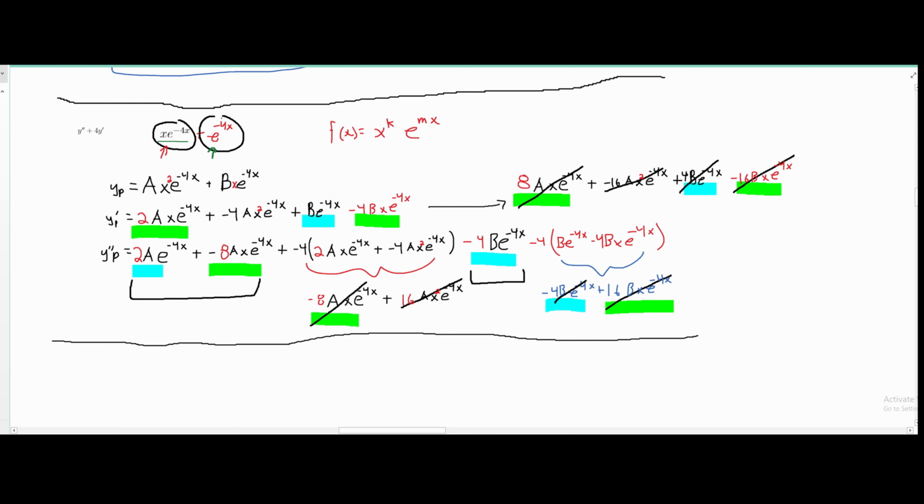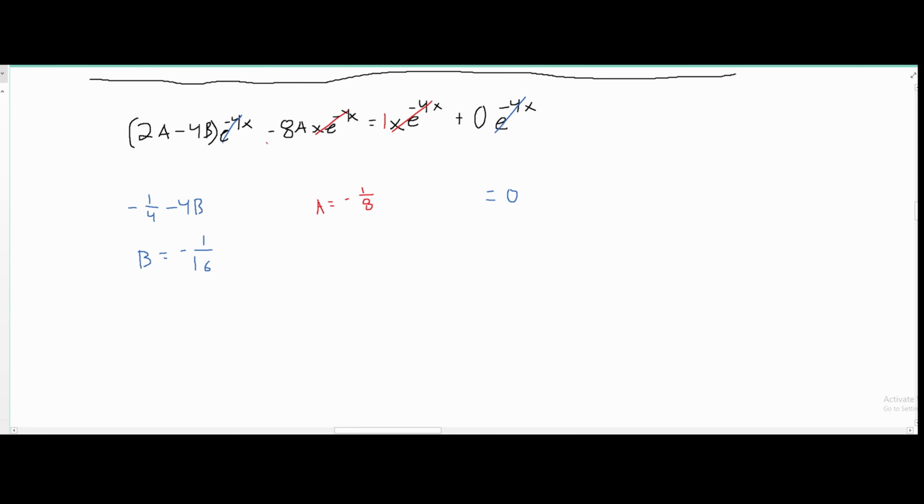We can start to pair things. We can pair this x e to the negative 4x with this other x e to the negative 4x, and then pair this e to the negative 4x with this e to the negative 4x right here. And after we do that, we can cancel the x e to the negative 4x's and the e negative 4x to find our a and b values. We found our a and b values, and